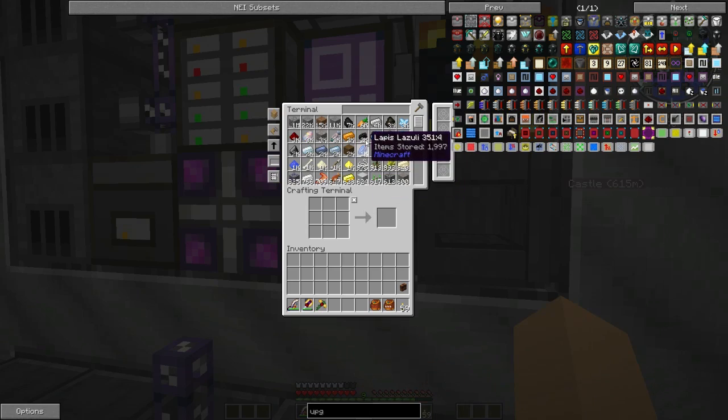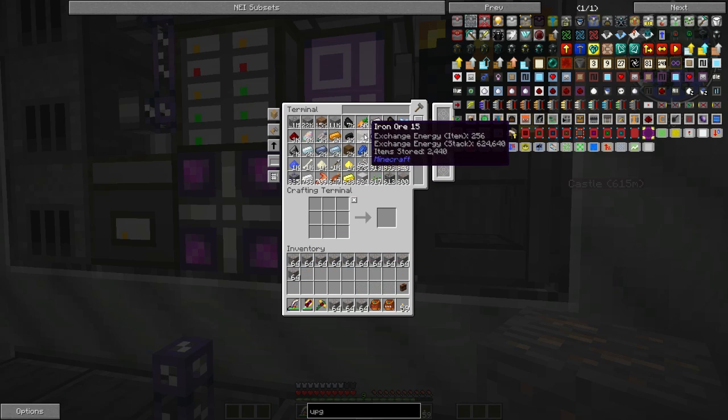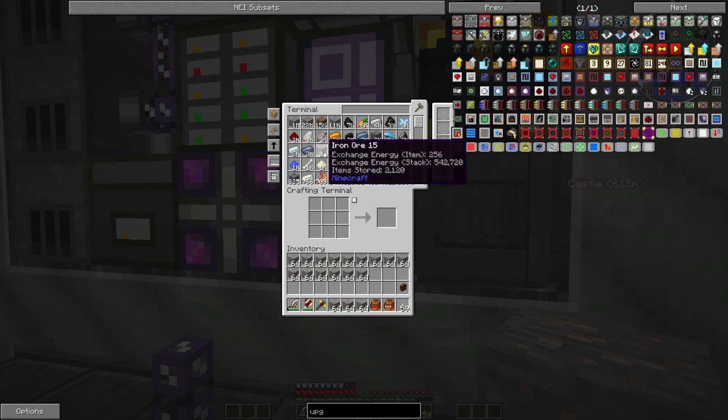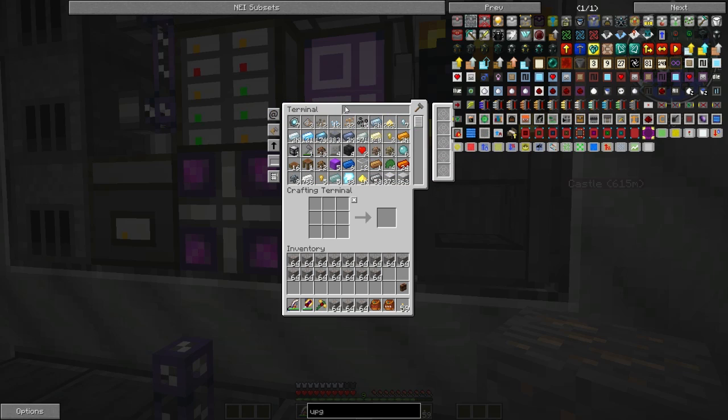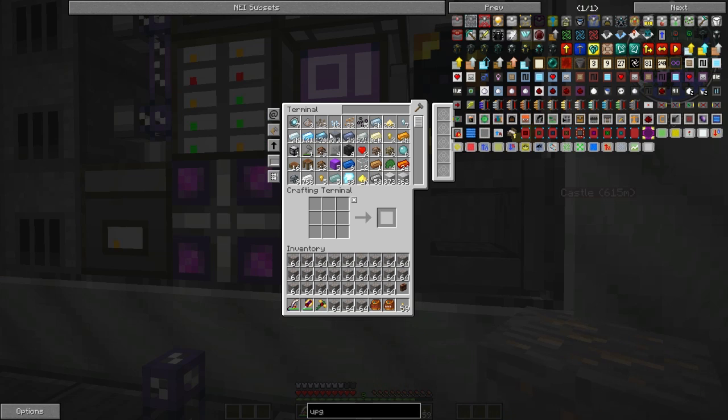So if we take a look in here, I still have 3,000. See that? 3,200. Not fish. I have 3,000 fish too, but I have 3,000. Oh, I have it sorted wrong. Let's do this. And ore. Still 1,400 in full inventory. Number